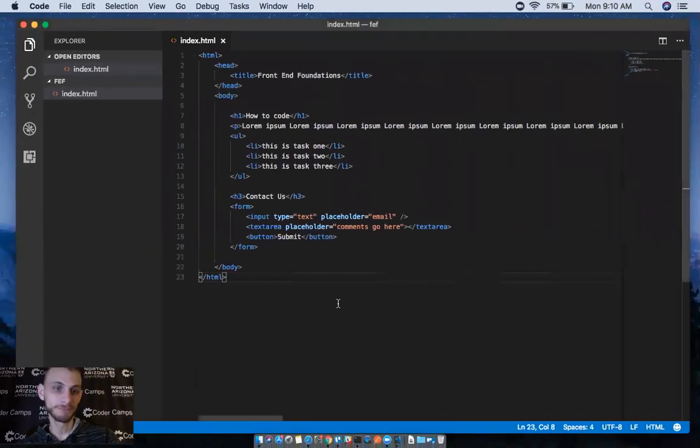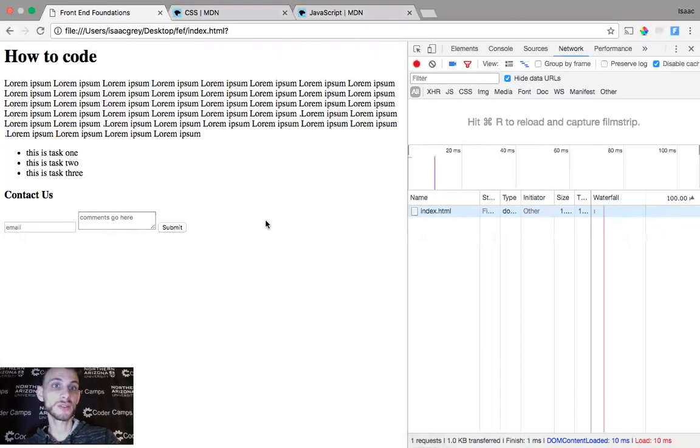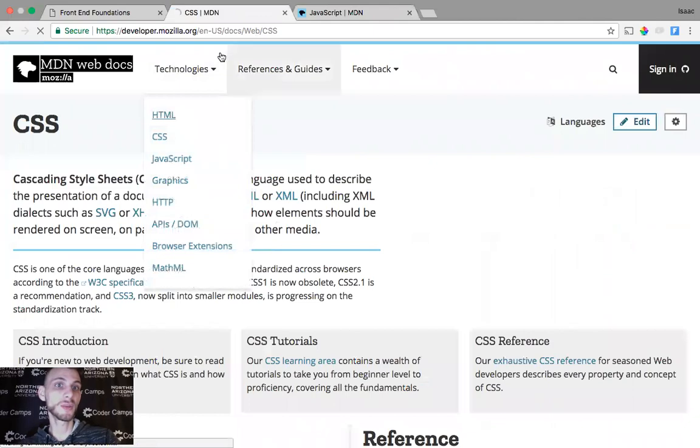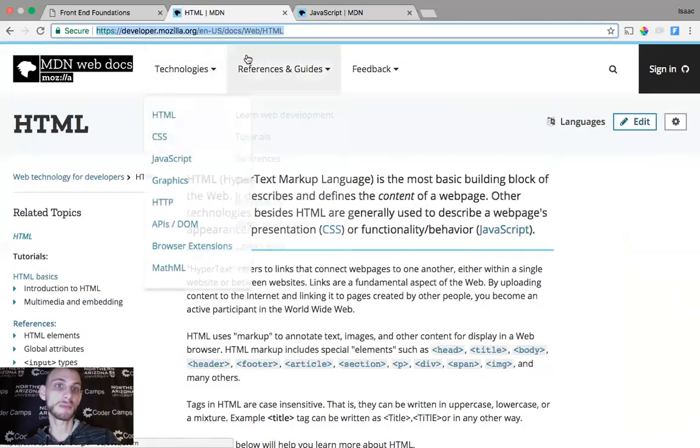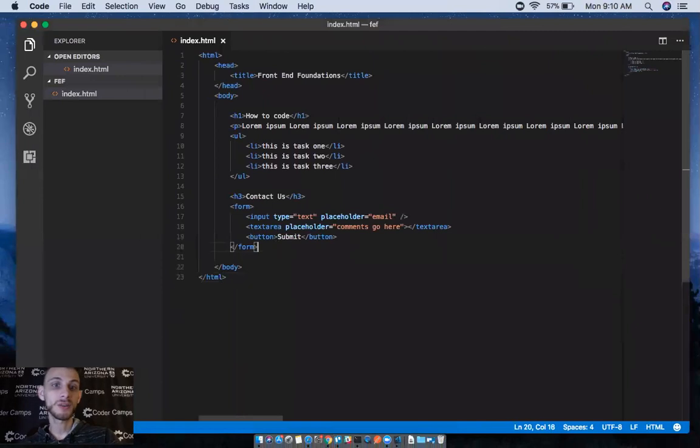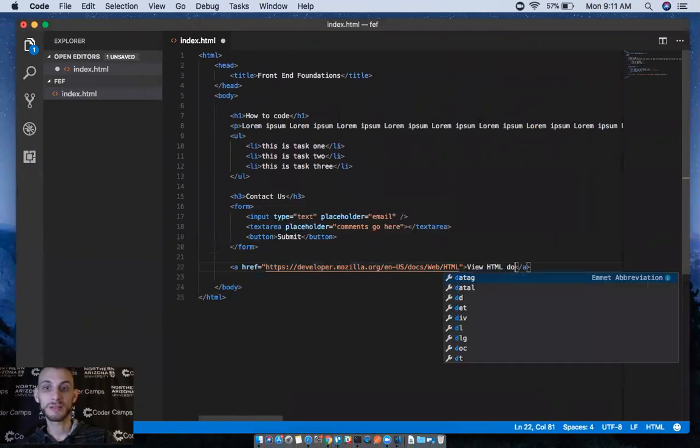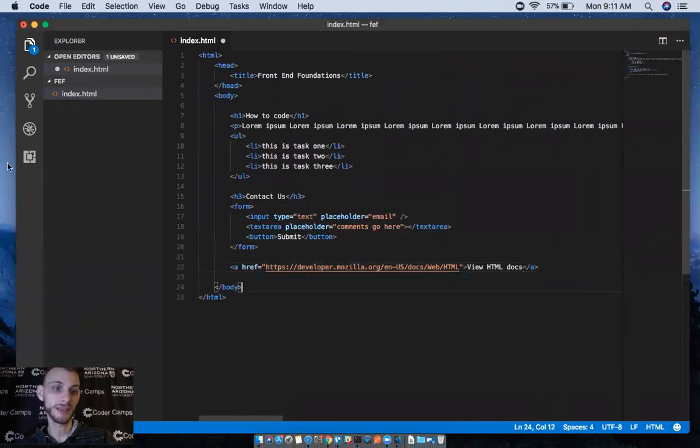Okay, so let's go ahead and wrap up the topic of HTML elements with an anchor element. An anchor element is going to allow us to navigate to a third-party source. Let's just say that we want to navigate to the HTML web page. We could simply put an anchor element with an href attribute that is pointing to that web page URL, and then we could say